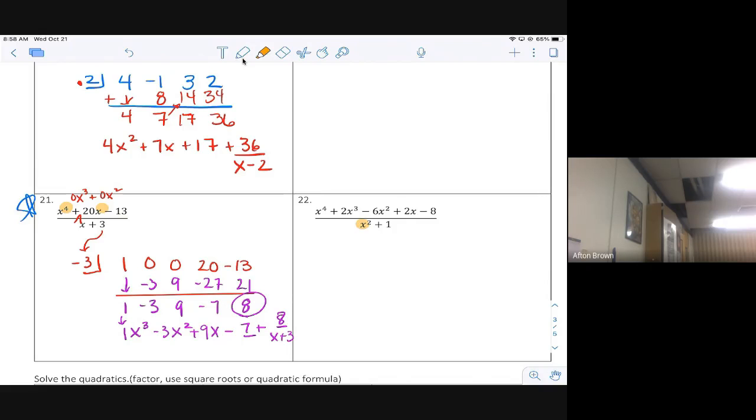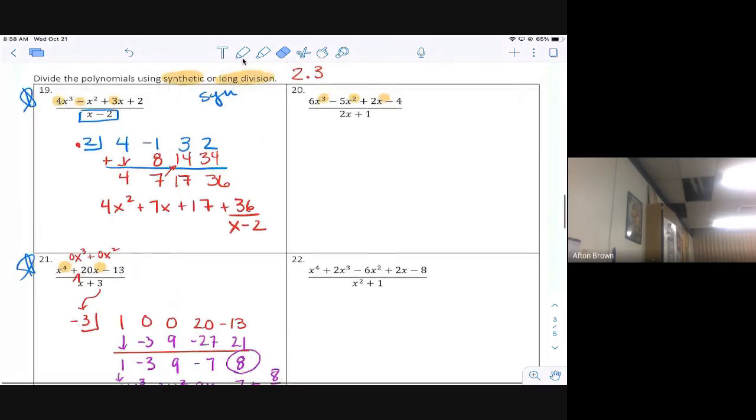So would you do long division for 22? Yep. Thank you. But I think if we see one long division question in your notes, you'll be good for your test. So let's just do